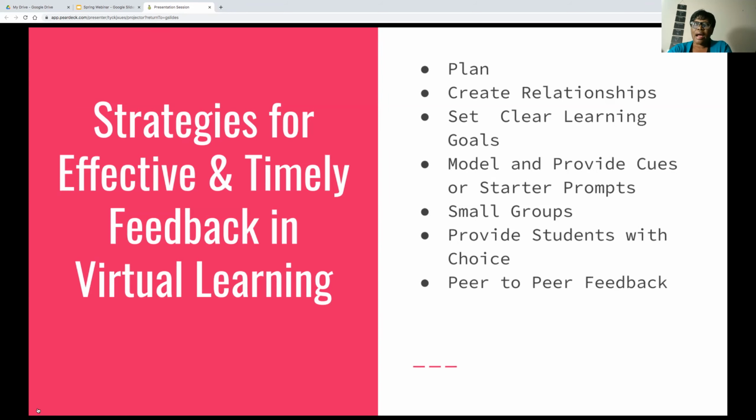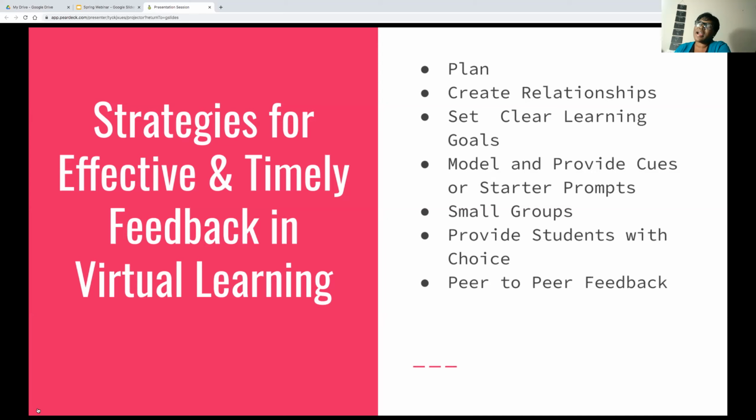For them to be able to do that, the teacher who is acting now in a virtual classroom as a facilitator more than somebody who is teaching must plan effectively. You should have your plan, like your lessons should be planned. You have to first have a relationship with the students, because I was telling Renee that we normally take feedback from people that we like easier than people that we really don't have a relationship with.